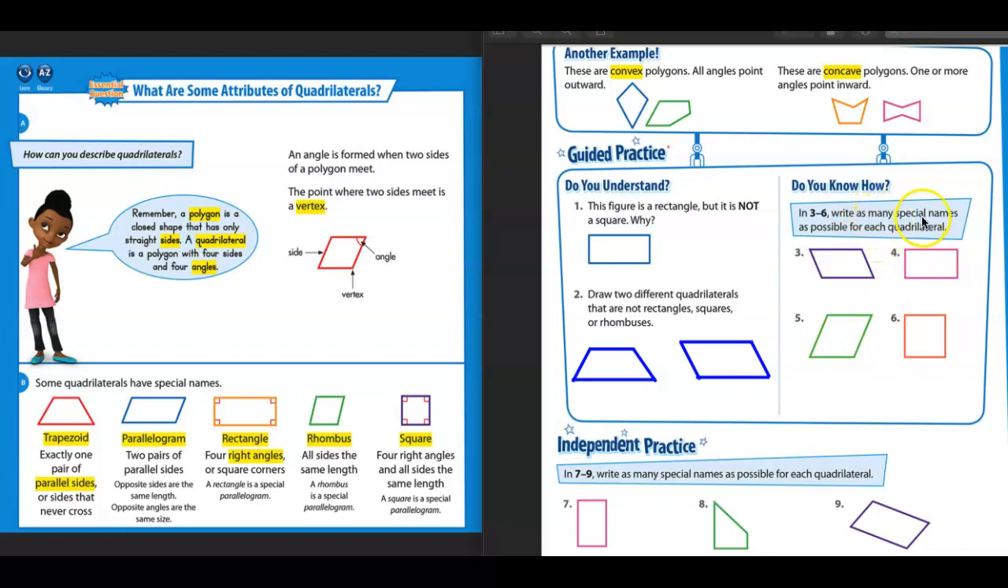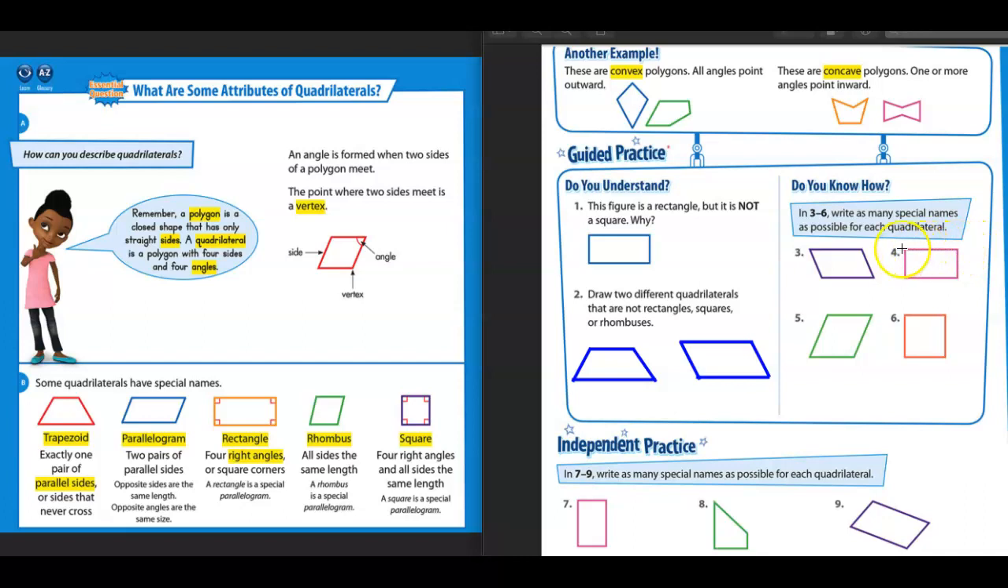Here it says write as many special names as possible for each of the quadrilaterals. So I'm going to say the names because I think it would be really hard for me to write them, but write as many special names. So this is a quadrilateral. It's a parallelogram because it has two pairs of parallel sides. And I think that's all the names that I can see for this one if I look over here at my examples. And right here we have a rectangle